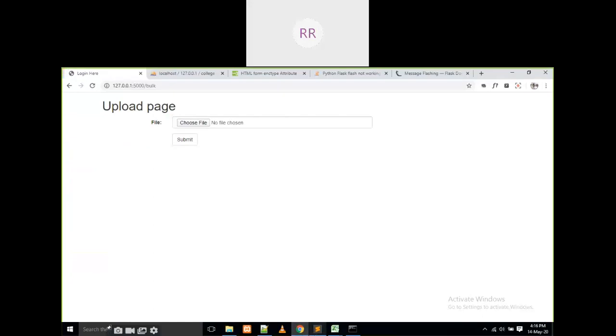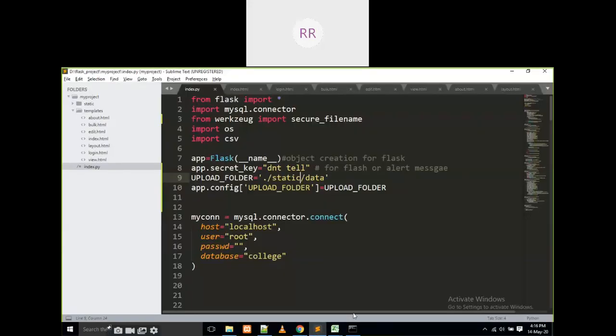Okay. If you observe the code, very simple, only two lines. First of all, where we have to upload, we have to upload into static slash data. We have to write the path here and make it a folder. That means it is the default folder for uploading the file.